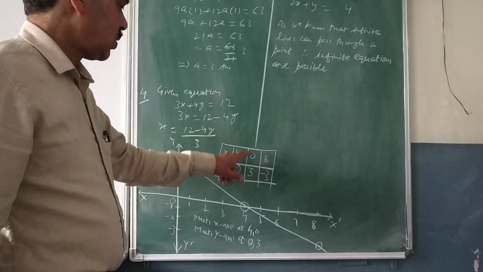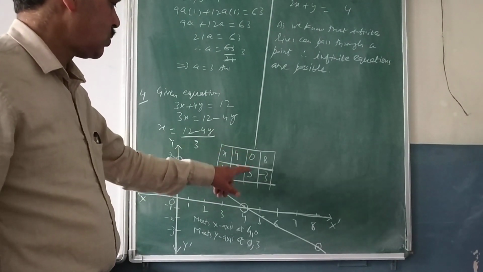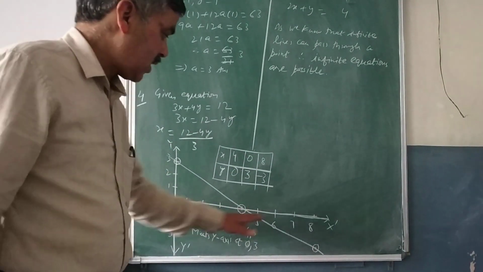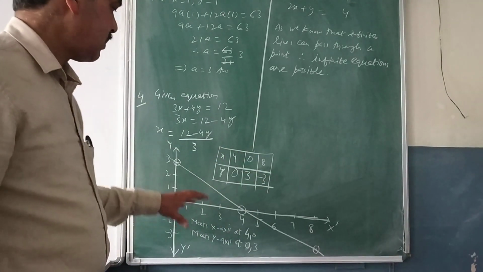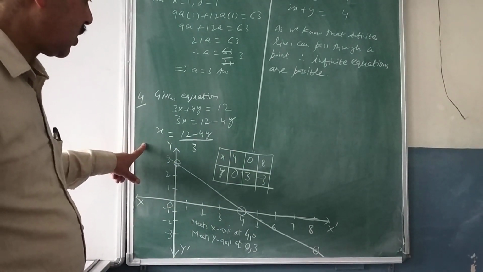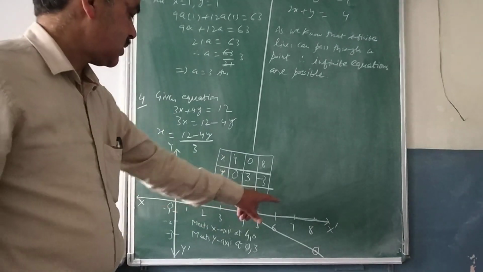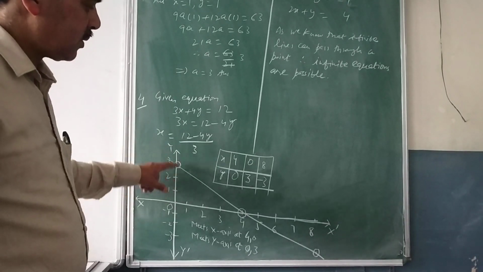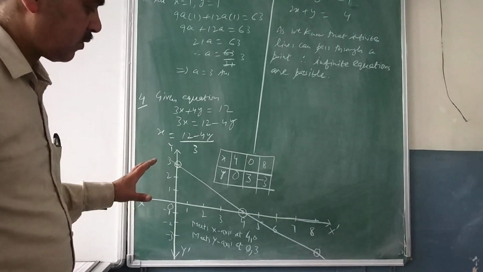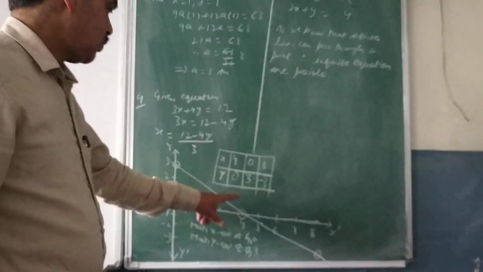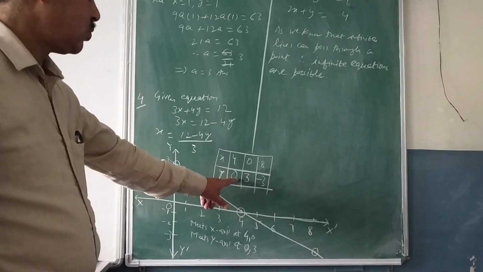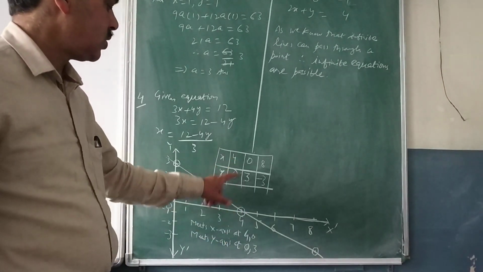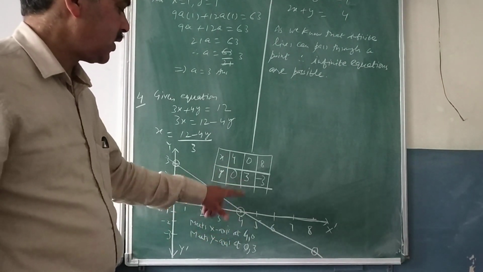So now these are the three solution sets I have taken: x 4, y 0; x 0, y 3; x 8, y minus 3, and then I have marked these values accordingly as per my requirement. But please do not forget to mention the scale. That is, along the x-axis my 1 centimeter is equal to 1 unit, and along the y-axis also 1 centimeter is equal to 1 unit. That you need to write always. So x is equal to 4, y is equal to 0. You know, when y is equal to 0, the y coordinate is always lying on the x-axis. So this is the point 4, 0. Abscissa is 4, ordinate is 0.